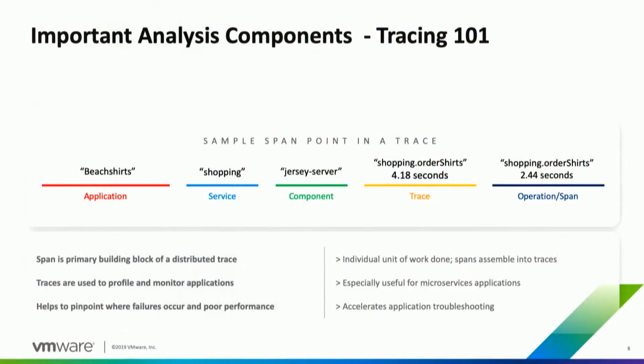And finally, there's tracing, right? And so the best analogy for this, the way I think about it, is an ability for you as a developer or a DevOps person to understand an end-to-end story about what's happening in the application or a specific component of the application from one point to another, right? A great example, and if you come to the VMware website or some other locations, you'll find this example, is if you're using Uber, right, and you're using your phone, you ask for a driver,